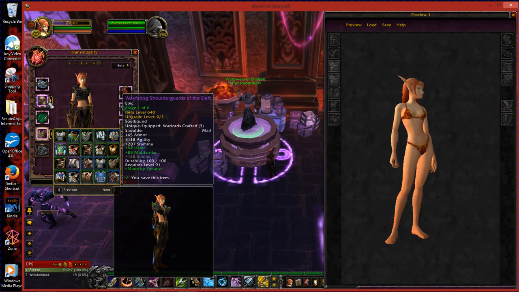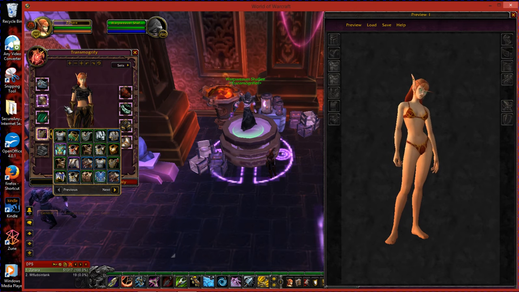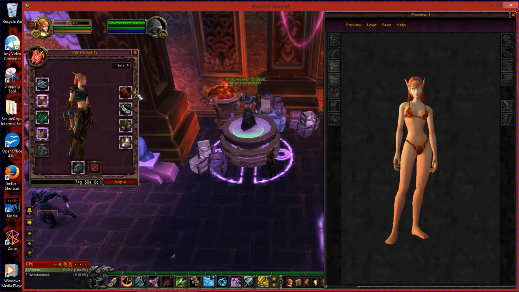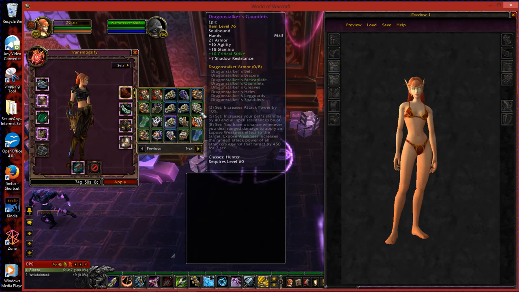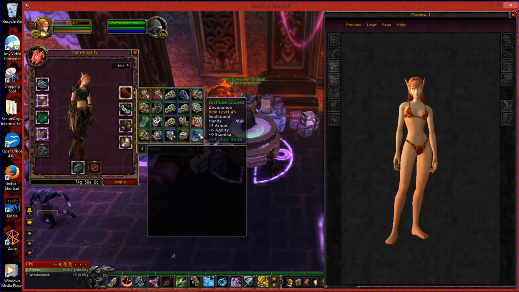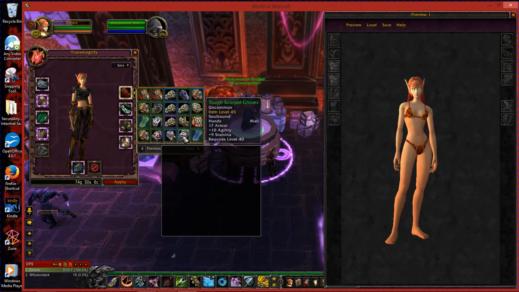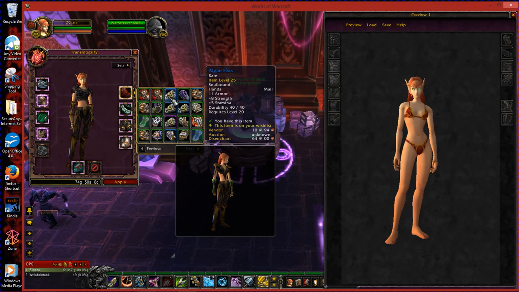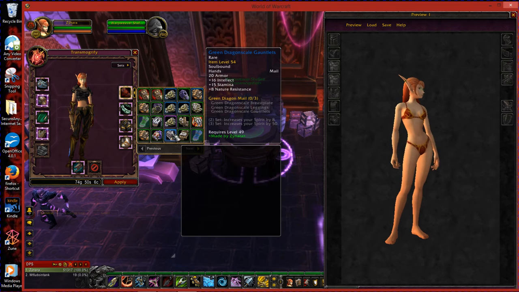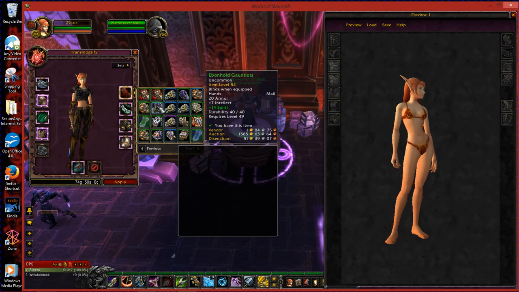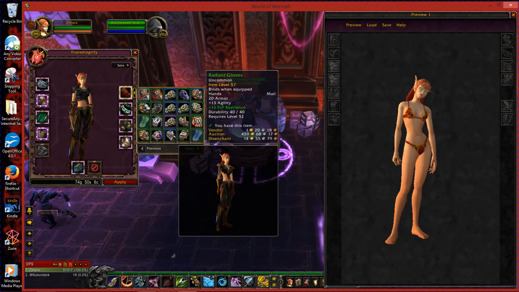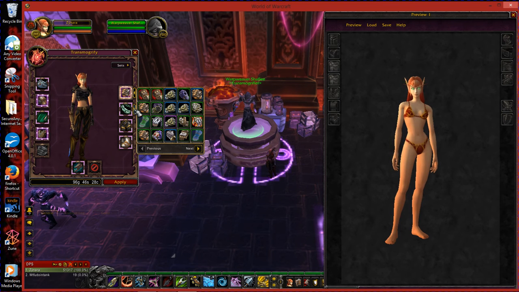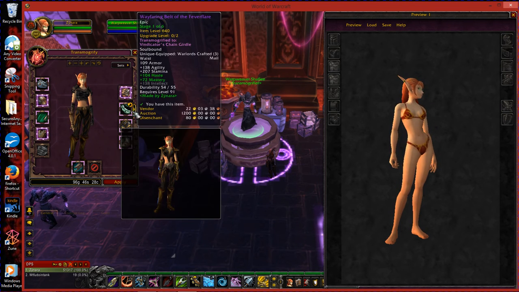And as you can see, the shoulders that I'm going to be using are not fell scale, but that's okay because they match nicely enough. Again, you don't have to have perfectly matching sets. So let's go ahead and find the gloves here. Unfortunately, because I have so many and I don't have the sets set up, which would make this a lot easier, I do suggest doing it. Fortunately, I created the fell scale set on a different character, so I didn't save them to this one. So I have to do the hunt and search method, which is not the most convenient way of doing this.